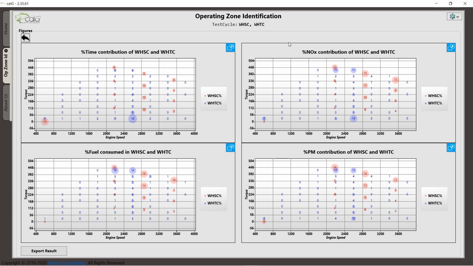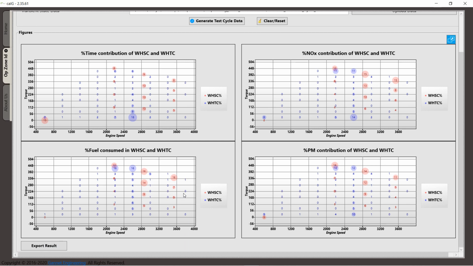So on the other side, if you see the outputs which we are trying to target later stages, NOx and soot are the outputs. When we have 15% of time, this is producing 2% of NOx in the whole cycle. Similarly, for PM, 9% is getting produced here. So these 4 plots give you most insights to understand the main factors of optimization and what is the time contribution. So you can export the result and see the results in Excel file.